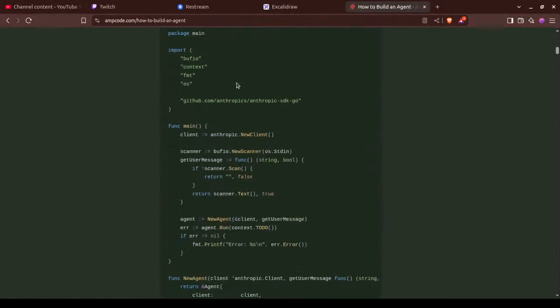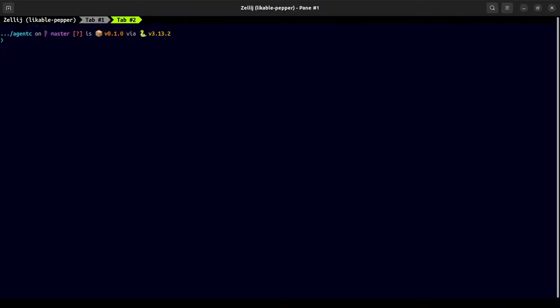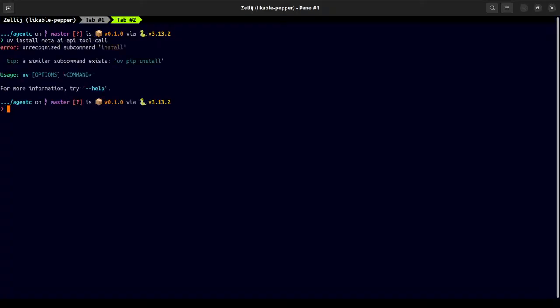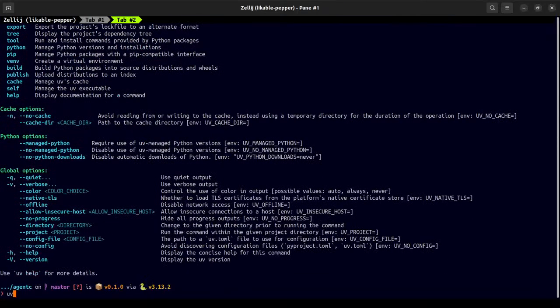The first thing I needed here was the model itself, right? So for that we need to head out and install. We're going to use Pydantic? No, let's call it Meta AI API tool call. UV app install.